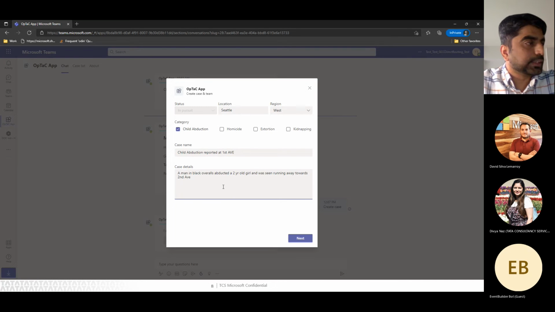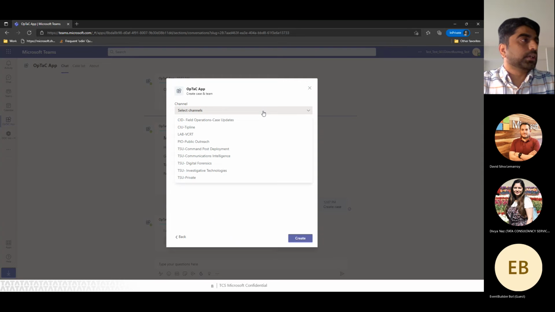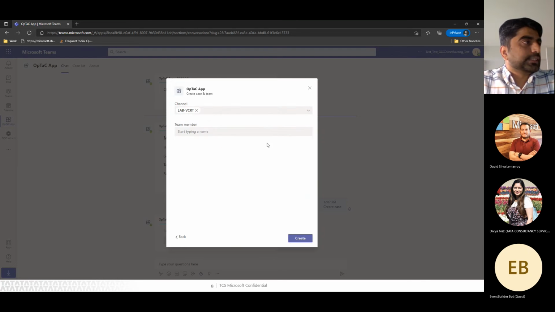Enter these case details. The next step allowed me to select some channels. Now these channels can be configurable related to the requirement. Right now we have configured based on the government agency that we are working with. But this could be recommended as per different needs. So let's say I select